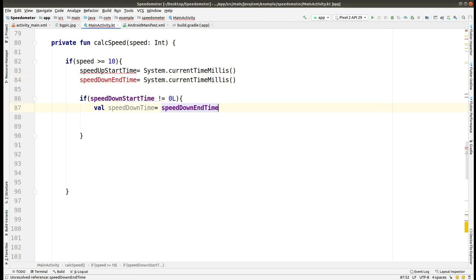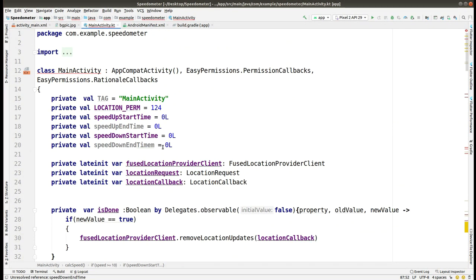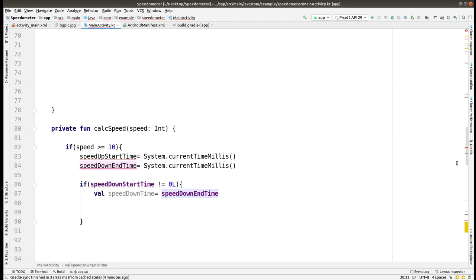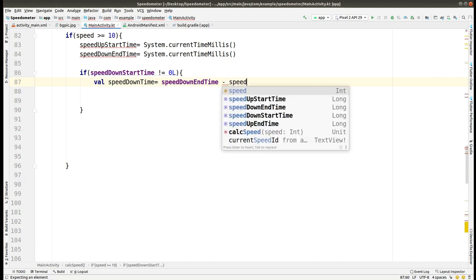Okay, I've declared this variable with the wrong name. So let me go to the declaration and correct it. So here it is, make this time only. Okay, so now it is correct as it is speed down and time, and from this we have to make